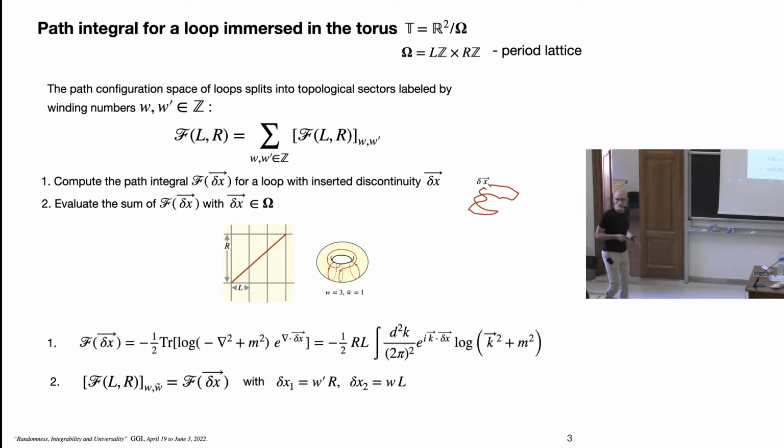Ivan? Yes. So these loops, should we just think of them as the world lines of particles? Yes, exactly. So we start with a Lorentz invariant massive theory with some scattering matrix. So the particles are described by a path integral of the world line of a massive particle.